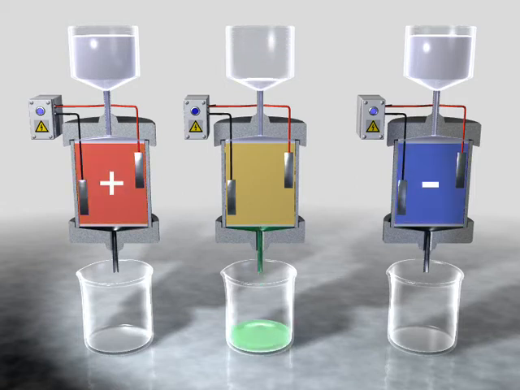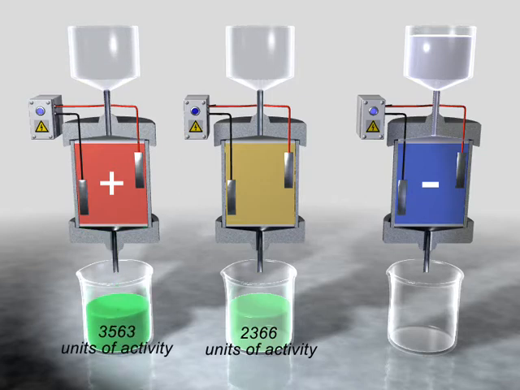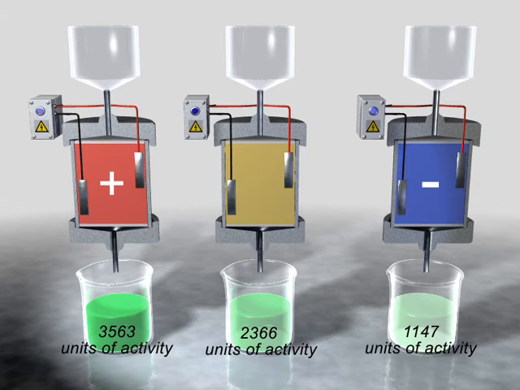With no potential applied to the column during the trapping step, 2,366 units of antibody activity were recovered. With the positive potential applied to the column during the antibody trapping step, the amount recovered increased. When a negative potential was applied during the trapping step, then the amount of antibody recovered decreased. This experiment indicated to us that even complex biomolecular interactions can be controlled using the conducting polymer host matrix combined